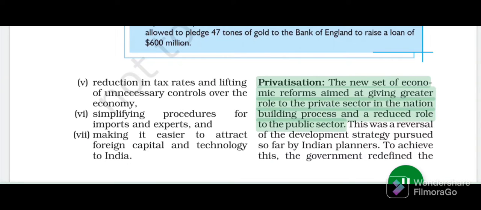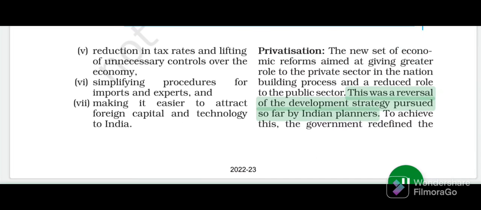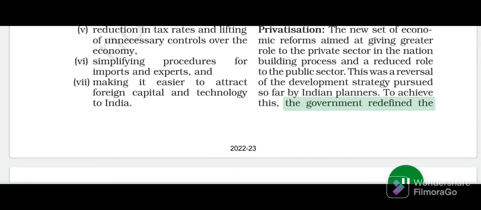Privatization: the new set of economic reforms aimed at giving greater role to the private sector in the nation-building process and a reduced role to the public sector. This was a reversal of the development strategy pursued so far by Indian planners. To achieve this, the government redefined the